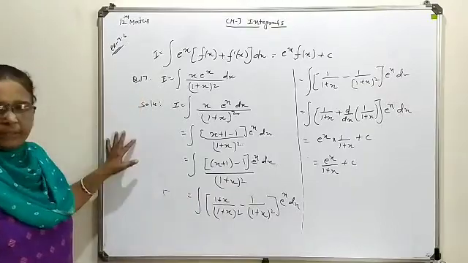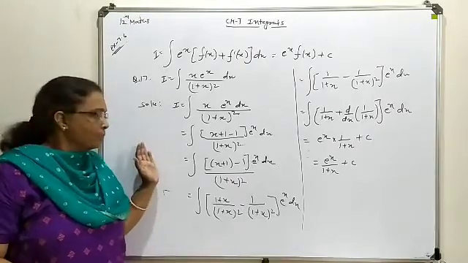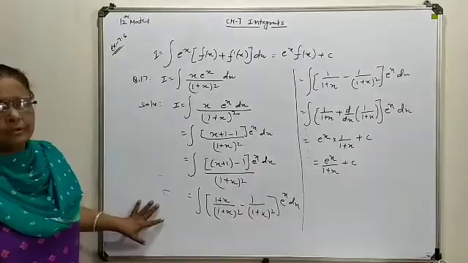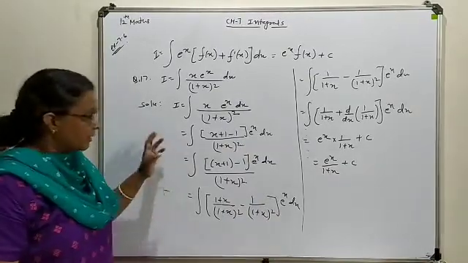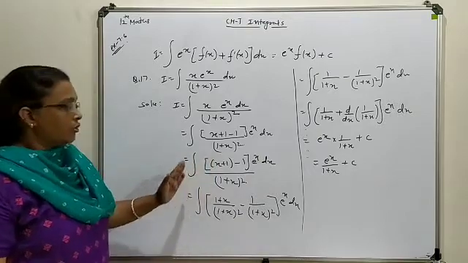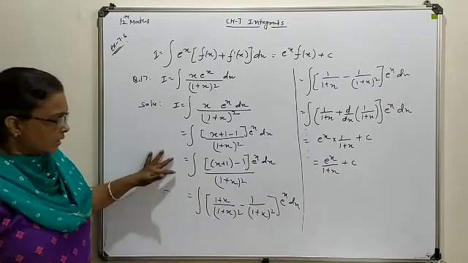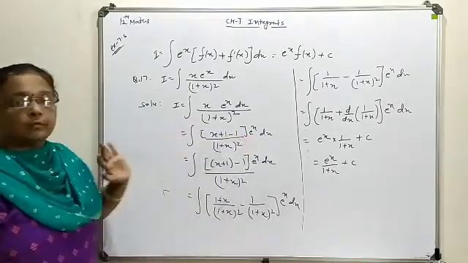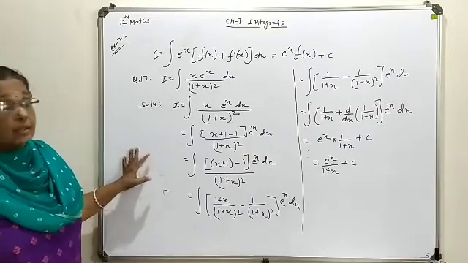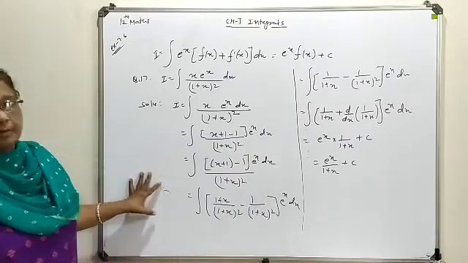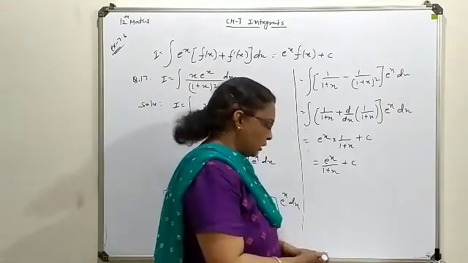If it is in the second part, that means in the B part, if such type of questions are being asked, then each and everything you have to show stepwise. If it is in MCQ, and from the beginning it is clear to you that this is a formation of the f dash x along with your main function, you can write a direct answer for your MCQ solution. But if it is asked in part B, you have to proceed stepwise about the solution, because the main task here is to generate the required form of your theorem.